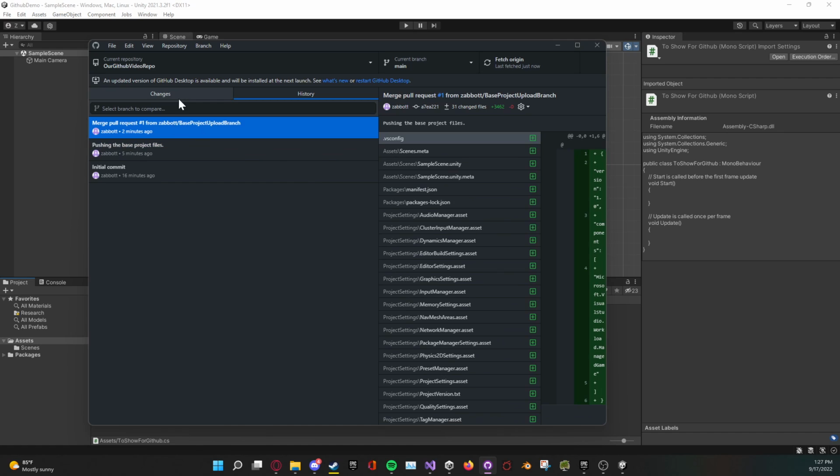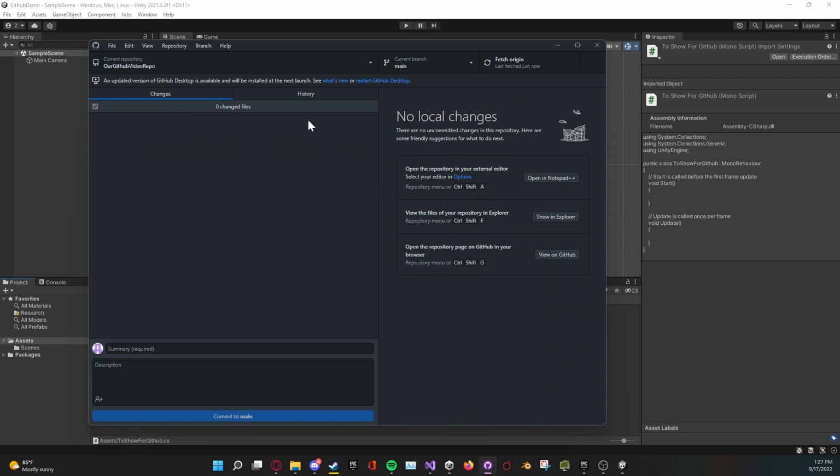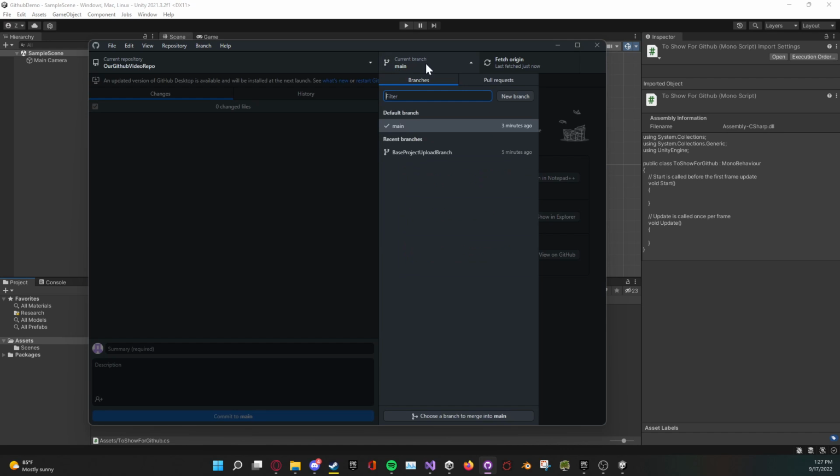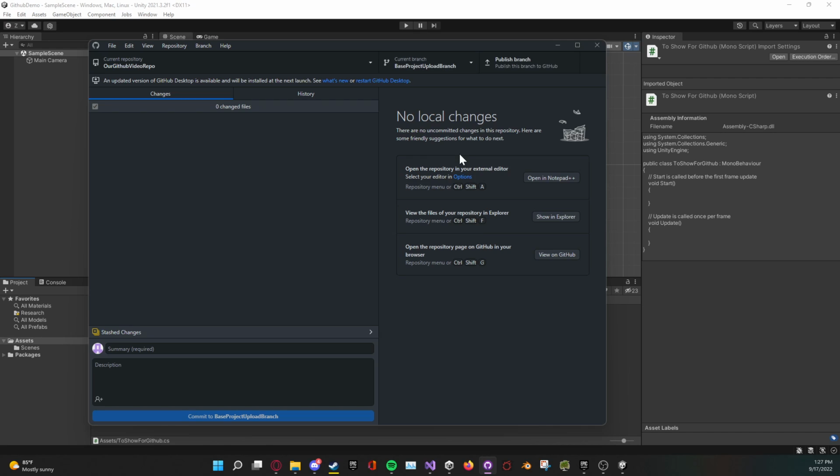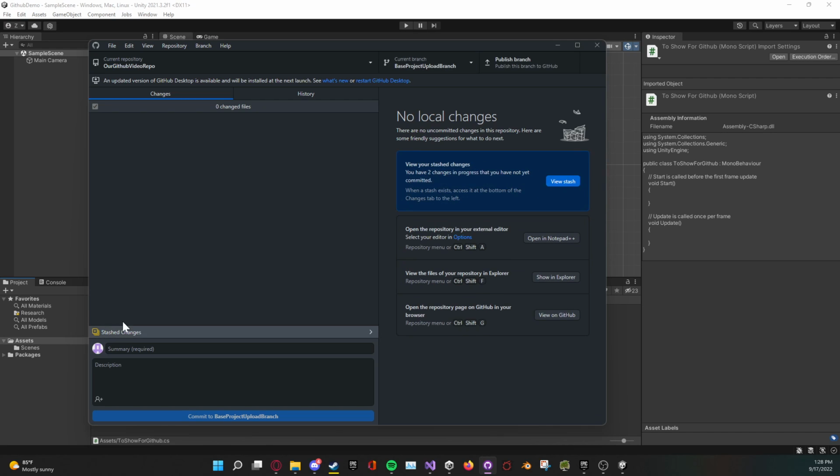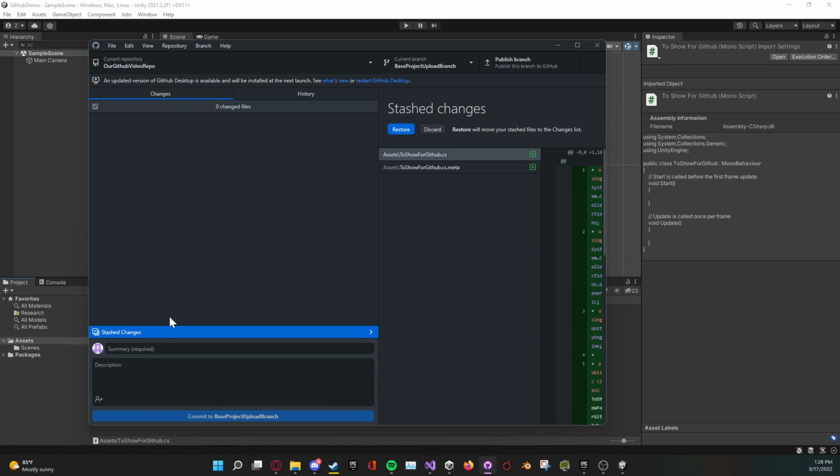Okay. So that being said, I know that was kind of a side tangent, but if you remember, I had left changes on this branch over here. If I go back, they're gone. They're not here, but I do have this stash changes button. GitHub Desktop allows you to basically save your changes and reapply them when you come back. So if I hit this little restore button, if I click on my stash changes, you see that if I